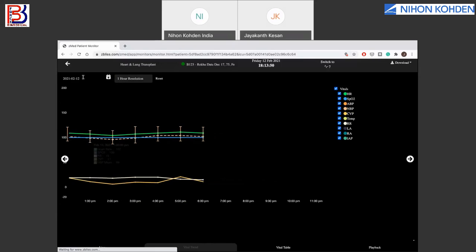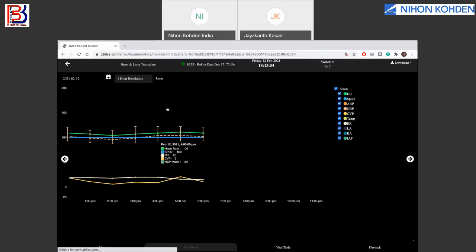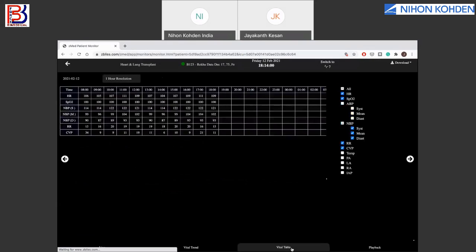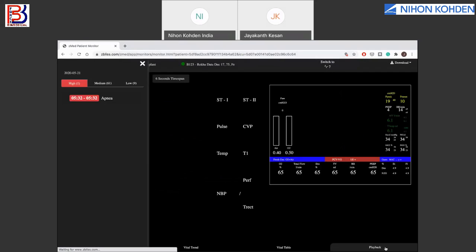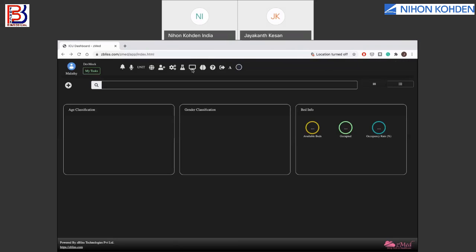I can choose any specific date, go back in time and see the trend of the vitals there. And the same data can also be seen on a table, downloaded and then analyzed. We could also go back in time and do a playback of the data. So that is there. And then if you are monitoring multiple patients simultaneously, say for example, as a doctor, I